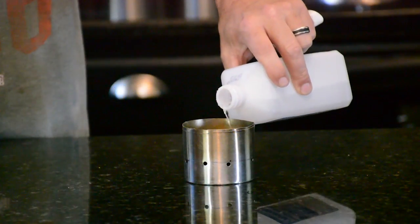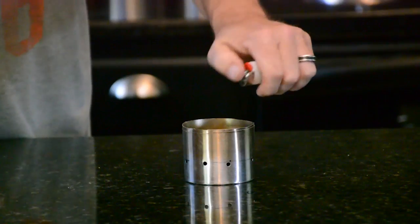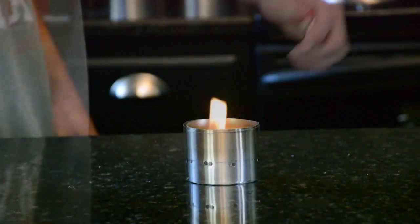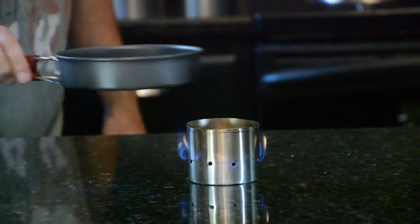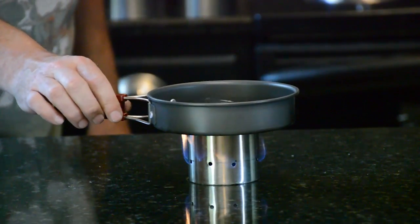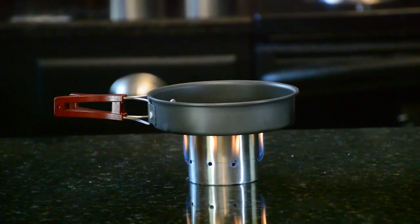Hey there, everyone. I recently made an alcohol burning camp stove out of an aluminum water bottle, and I kind of wanted to show you the process. Now, something like this, I don't know how useful it would be in an SHTF event. We've got a lot of stoves, but it was a fun project, easy to do, something you could do with the kids if you wanted. And now that I have it, maybe I put it in my supplies, and if I ever did need it,